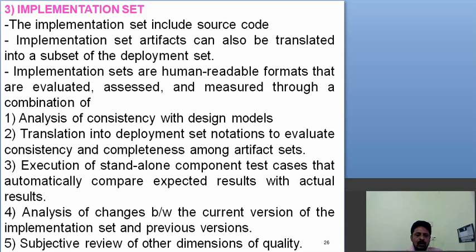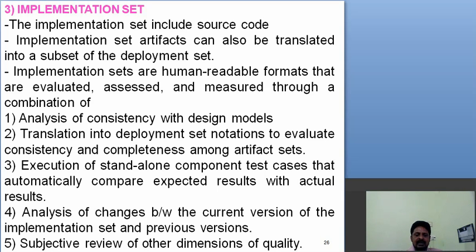So that's why you want to convert the source code into a human readable form, that means creating documentation or a description or semantics of it, and evaluate, assess, and measure it through a combination of analysis of consistency with the design model. Whatever code you have developed, whether the code is satisfying the design model or not. If it is satisfying the design model, definitely we say that this implementation set has consistency with the design model.